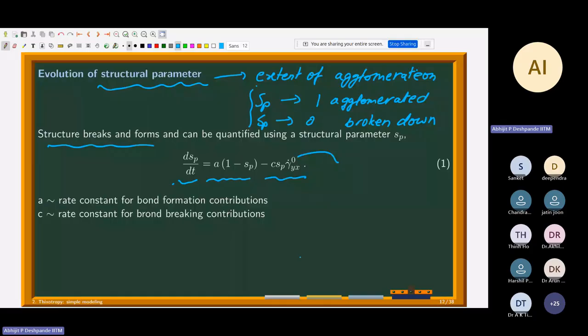And one crucial thing is that strain rate affects the breaking of bonds. So there is a rate constant C, which talks about how fast or slow the bond breaking is. But in addition to C, there is also strain rate. So it's a combination of both strain rate and the rate constant which overall determine the rate of breaking. While quite often the bond formation may be just due to Brownian motion. So these particles which have broken down will continue to move around because of Brownian motion, and then eventually